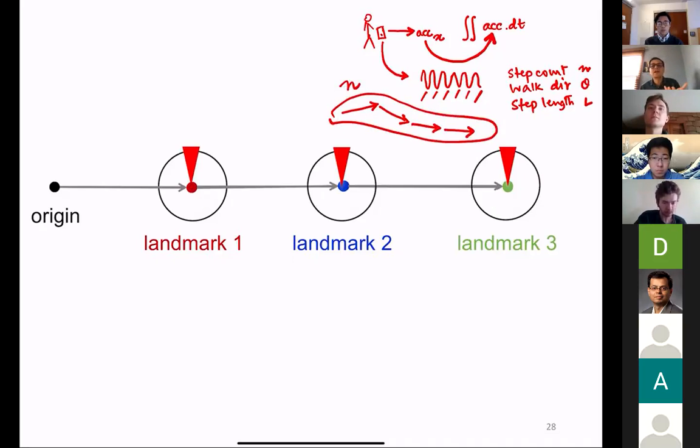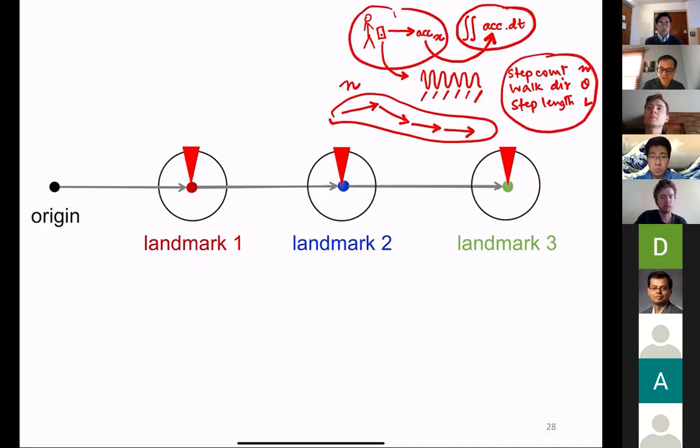So in UnLoc, they do not take the first approach. They take the second approach, and then say, okay, I have some movement now, but still I won't be able to make sure that I don't diverge, right? I'll still diverge because all of these measurements are coming from the IMU. And because that noise is there, I'll never be able to know my global position. So I need some landmarks to constantly or periodically correct myself.